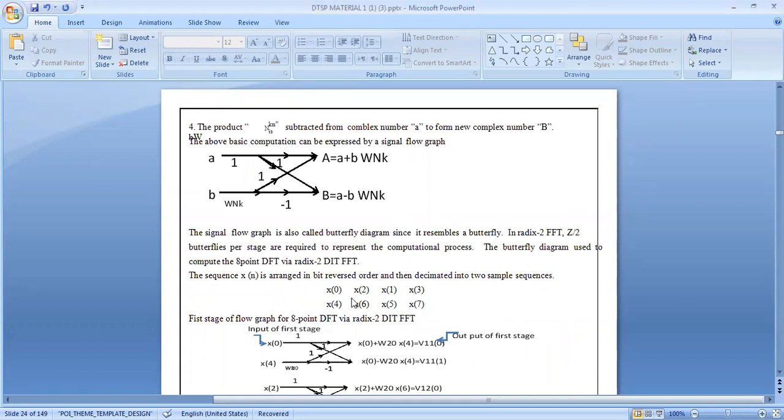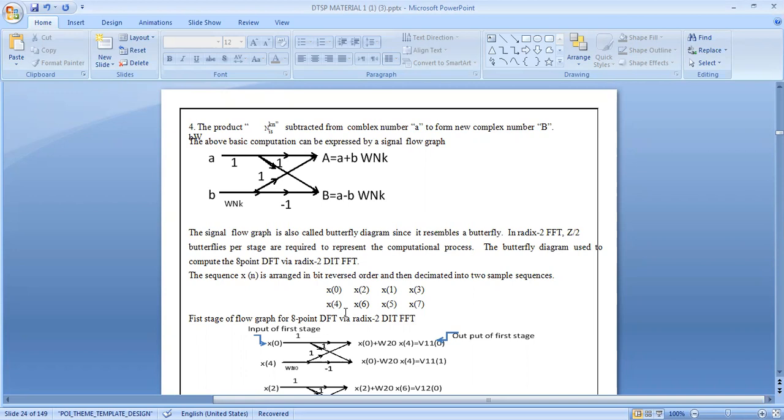Okay, so the first stage, what we'll be having over here: we have to arrange in bit reverse order. This is the order, because how will we get the bit reverse order? What is the bit representation for 0? 000. What is the bit representation of 1? 001. So you take the reverse order of it, and what will happen? 100, which is nothing but x of 4. Then 2: what is the representation of 2? It is 010. If you make a bit reverse, it will again be equivalent to 2. Then for 3, it is 011. If you reverse it, it will be 110.